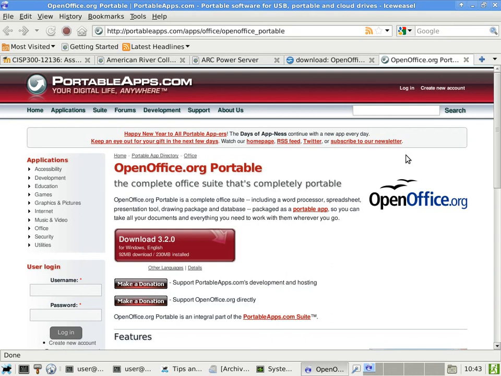For those of you who are adventurous, you can actually go to applications here and find out what else you can download and have it installed on your thumb drive. My personal recommendation is at least OpenOffice and possibly Firefox. Now I know Firefox is probably installed on